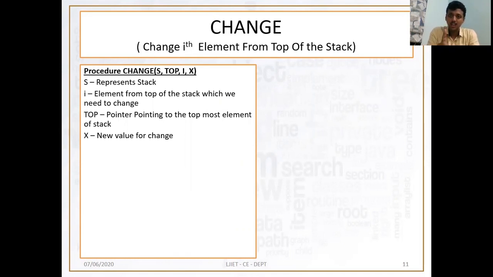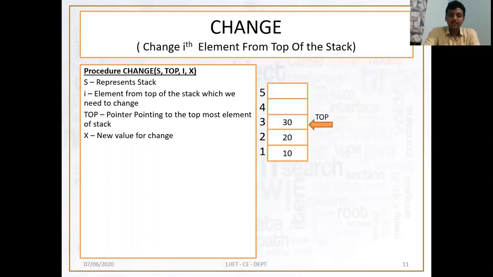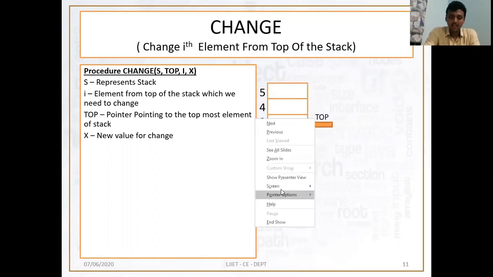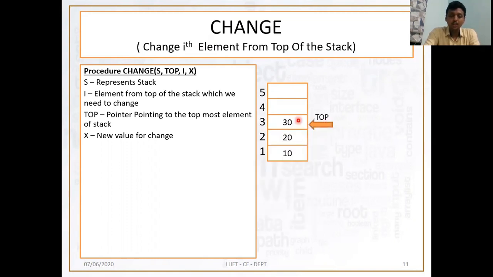S shows the stack, and top shows a pointer, the topmost pointer. I means the index from which we need to access or change the element, and x is the new value which is going to be inserted at that position. Fine. So see this, if this is a stack,